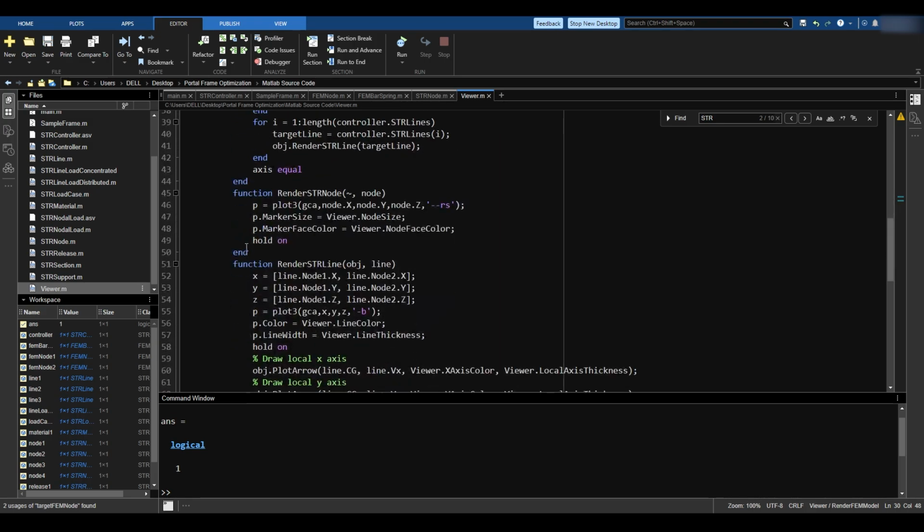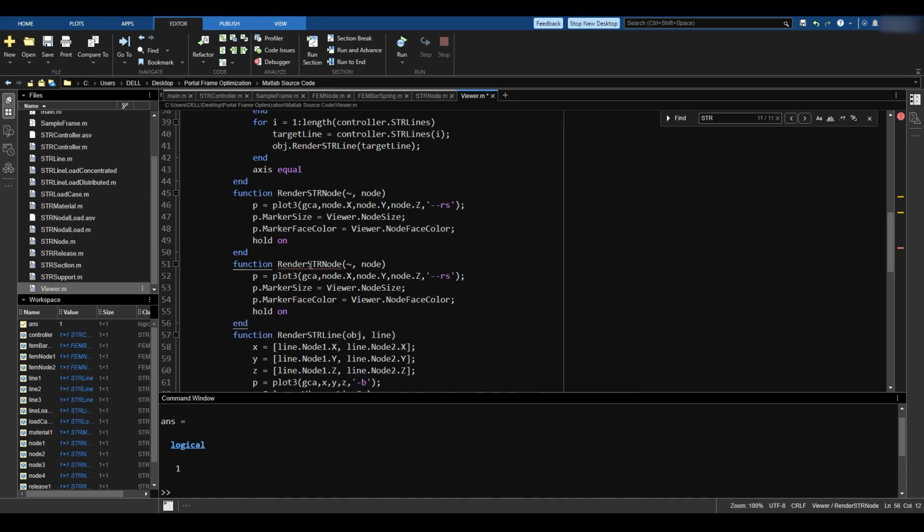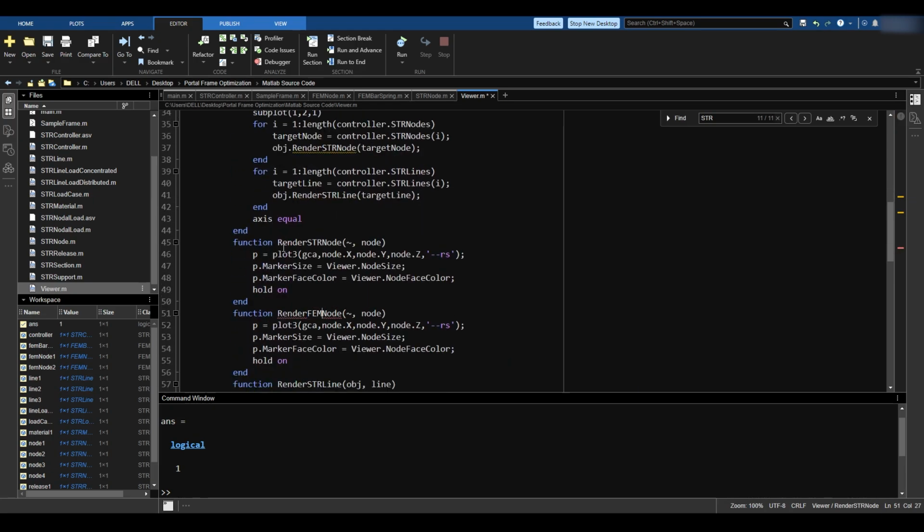that. So I'll go to my render node function, I'll copy this entire thing, paste it, and I think I should organize it better like this, but I'll keep it for now. Render FEMnode, okay? Now this is, by the way, a FEMnode, not node. I'll copy this, I'll paste it everywhere, and